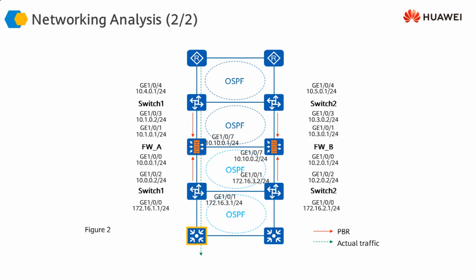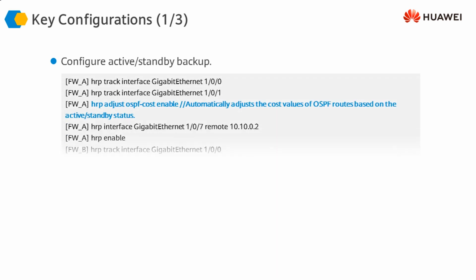As you can see, the traffic coming from, for example, the router to the layer 3 switch, going to the firewall, coming back to the same layer 3 switch and going towards the intranet, or the traffic going from the intranet towards the internet, is passing through the layer 3 switch, going to the firewall, then coming back to the same layer 3 switch, and then going towards the internet. If you look at the configuration